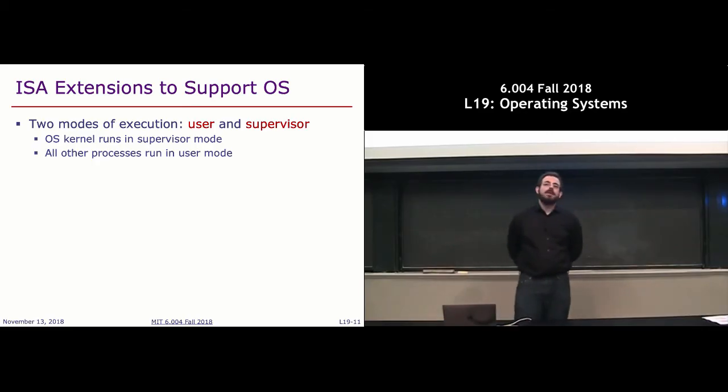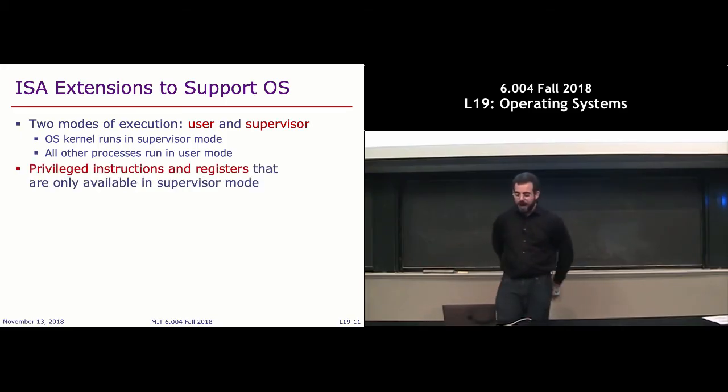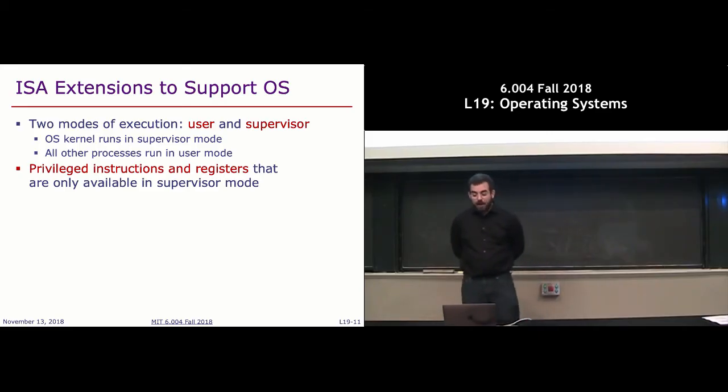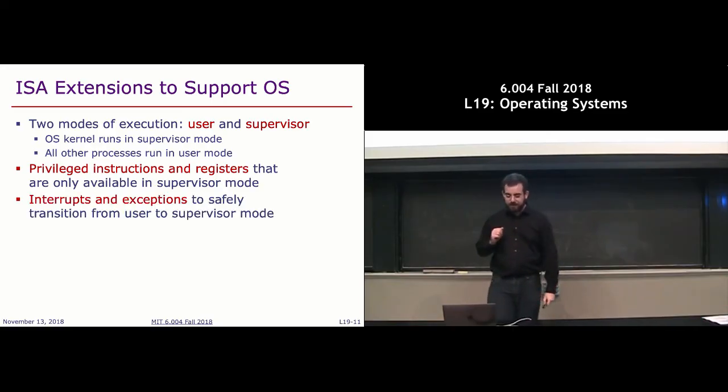And the reason that we introduce these 2 different modes of execution is that we're going to give the supervisor mode some superpowers that the users are not going to have. So we call these privileged instructions and registers that only whatever process is running in supervisor mode has access to. So there's going to be some hidden state that's not going to be available to most of the programs,